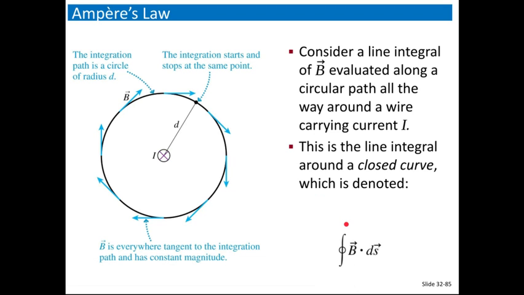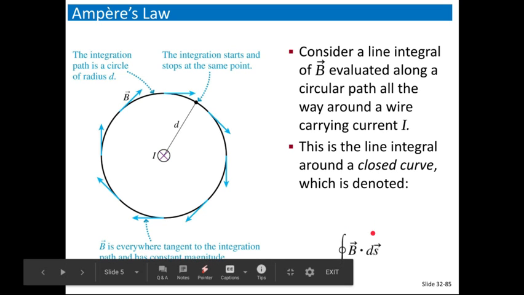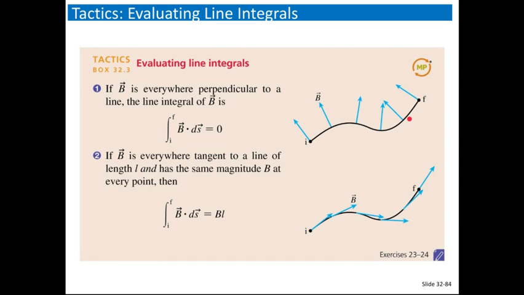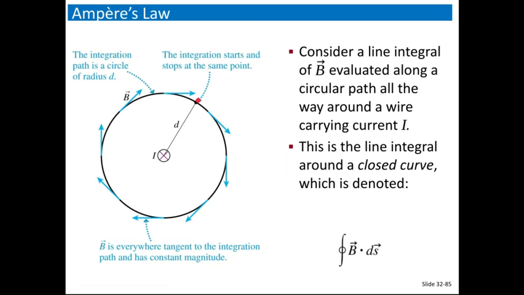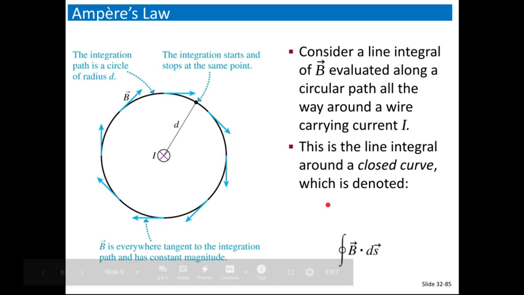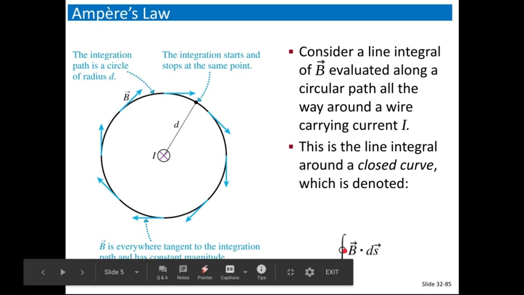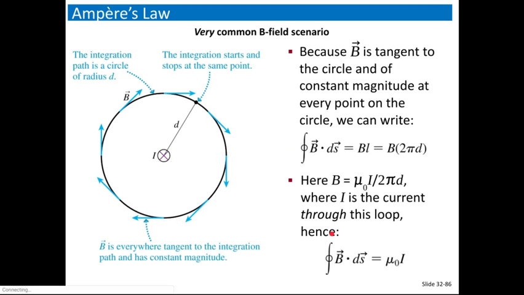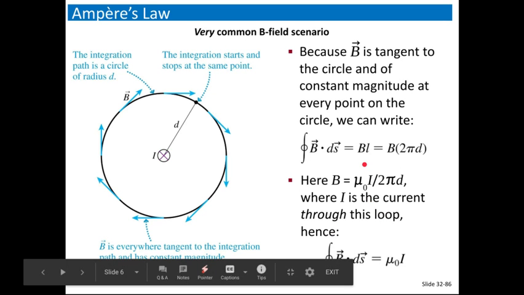I'm interested in the line integral of B around this circular path. Now, if you look, start and finish, that's not a generic line with a start and a finish. It actually starts and finishes here, so that line is a closed loop. That's what this little symbol on the integral means: it is a closed loop. It's still a line integral, just along a closed loop. Let's see what that would equal. Well, it would equal B